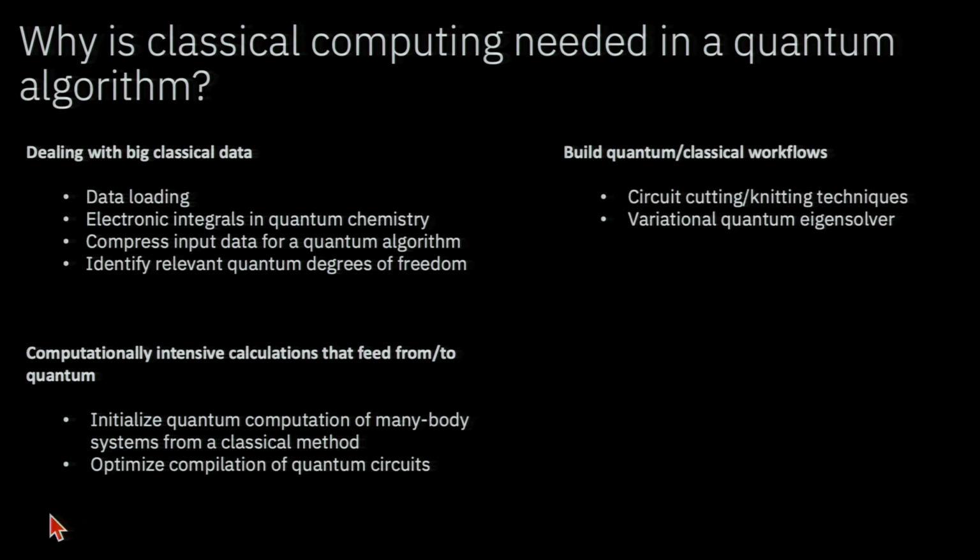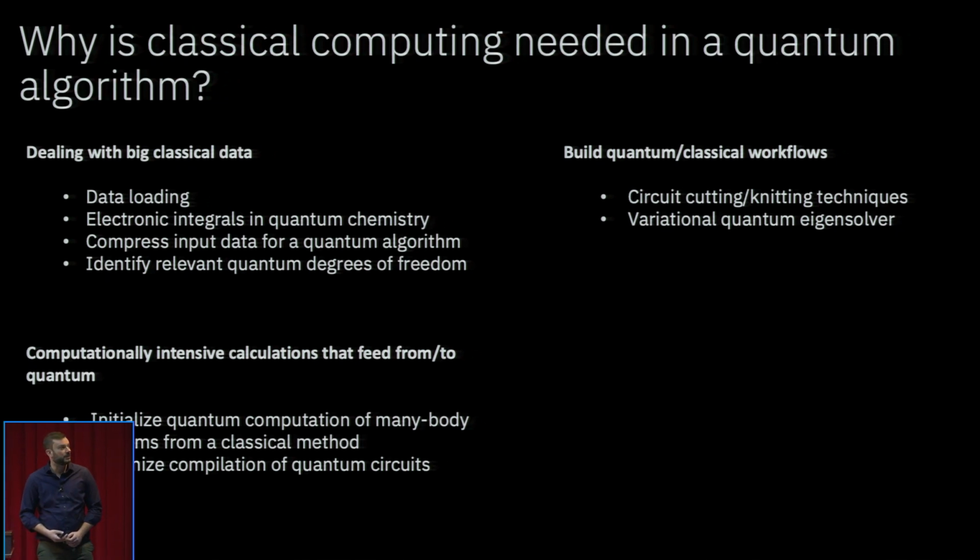And then there's a third category, which is that we are thinking of building quantum classical workflows. In this third category, there's not just one contact point between classical and quantum computation, but the quantum and classical computer interact many times through the workflow that targets a certain task. Within this category fall all these ideas that we have seen about circuit cutting or knitting, or, if you want, the simplest example of this category would be just a variational quantum eigensolver, where the outcome of a quantum computation is fed into a classical optimizer.